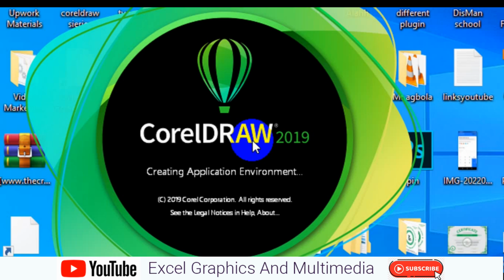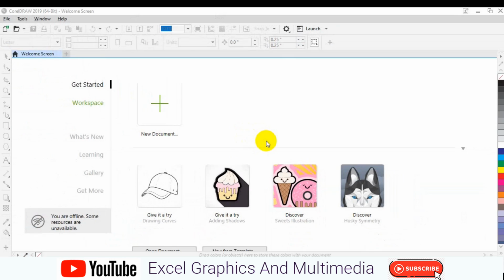So without wasting much of our time, guys, let's dive into the tutorial and see how you can get started with Corel 2019 for beginners and how you can customize your workspace and some other important tools you need to understand as far as Corel 2019 is concerned. So let's get started. Alright guys, when you have successfully launched your Corel 2019,